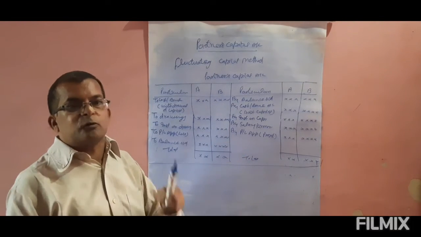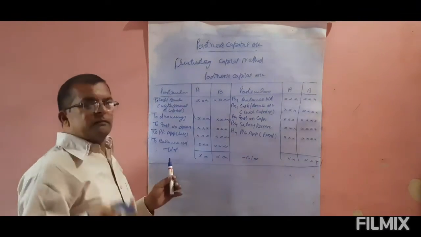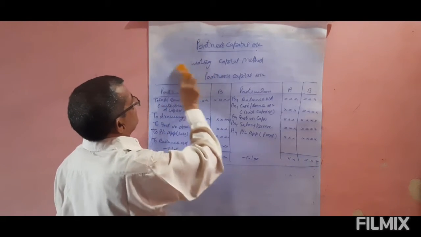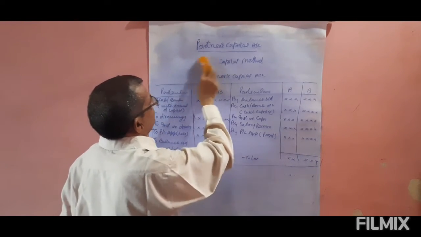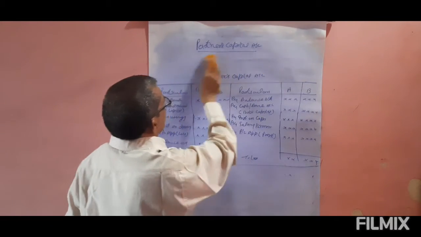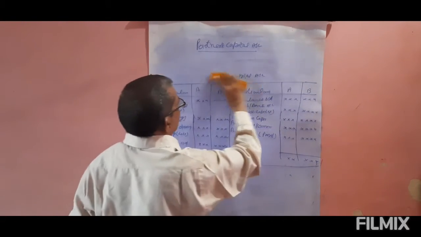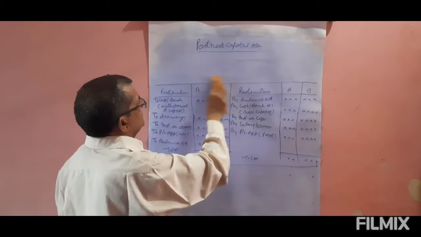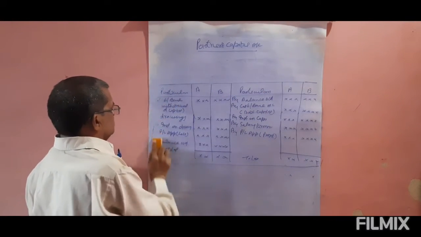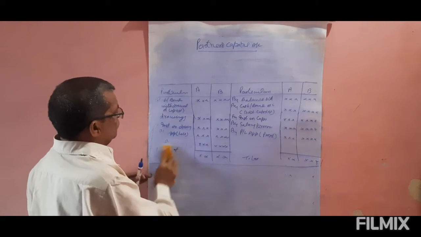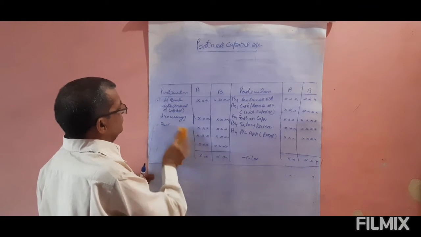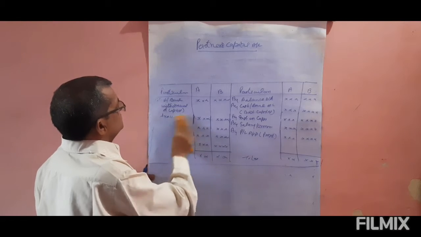Now we see the question and solve it by both methods. One question you have to solve, first by the fluctuating or fixed method. Any one we can solve. I read the question, then solve the question.